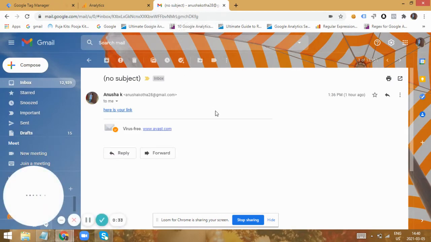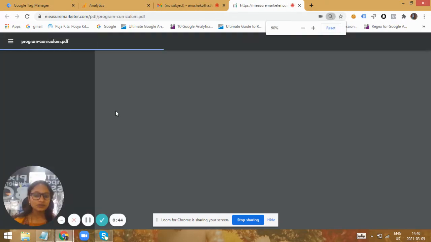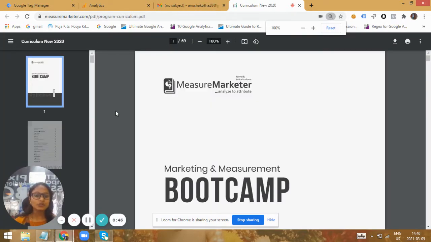So just take an example of a newsletter where the user would get a link to a download page where he could directly go to the download page, but this could not be tracked by the analytics because he's not on your website. So once the user leaves your website, he cannot be tracked by the tracking code that you have placed on your website. So the user could be tracked only as long as he's on your website.